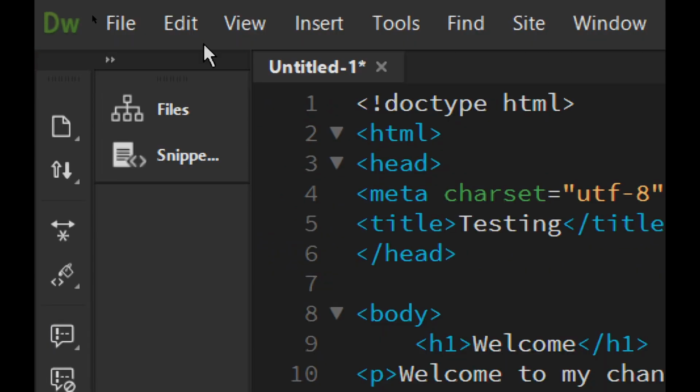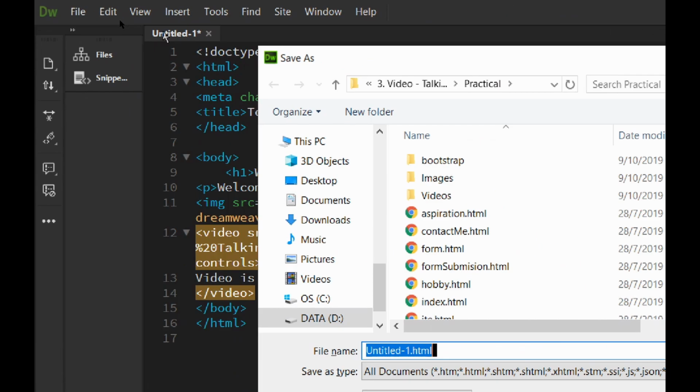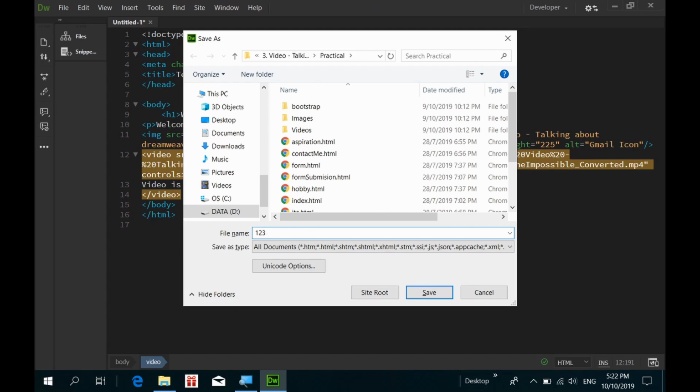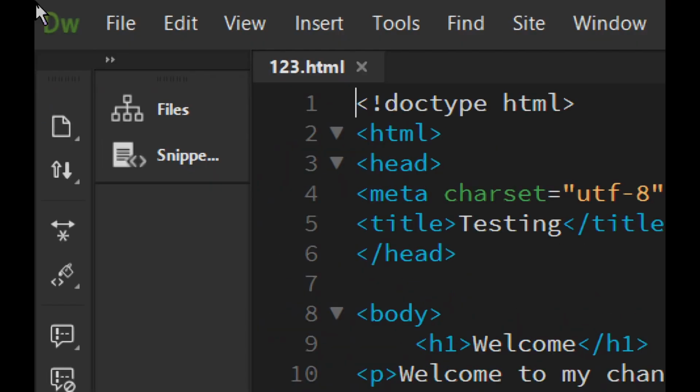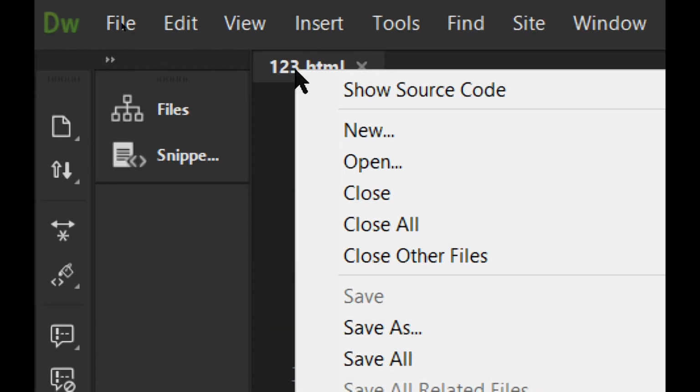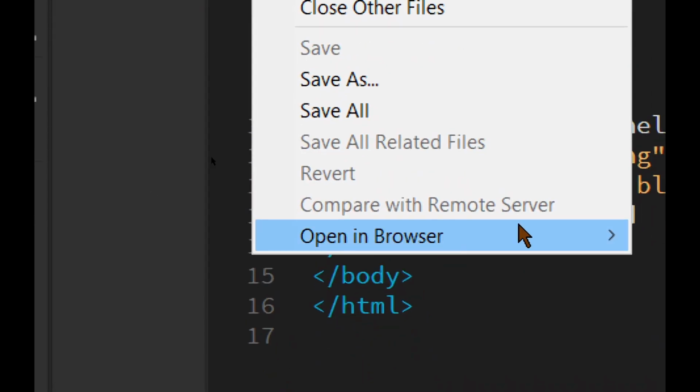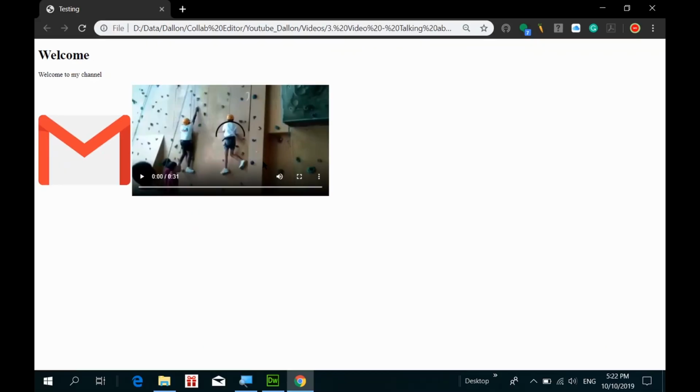Okay, let's just open the browser to see what we have done. Since I have not saved this, I have to save it. I'll call this 123. No, I have not much creativity, huh? Okay, so after creating this, we shall just open the browser and let's just see what actually happens. Okay, so the video is up here and it's not what I want because I don't want it to be